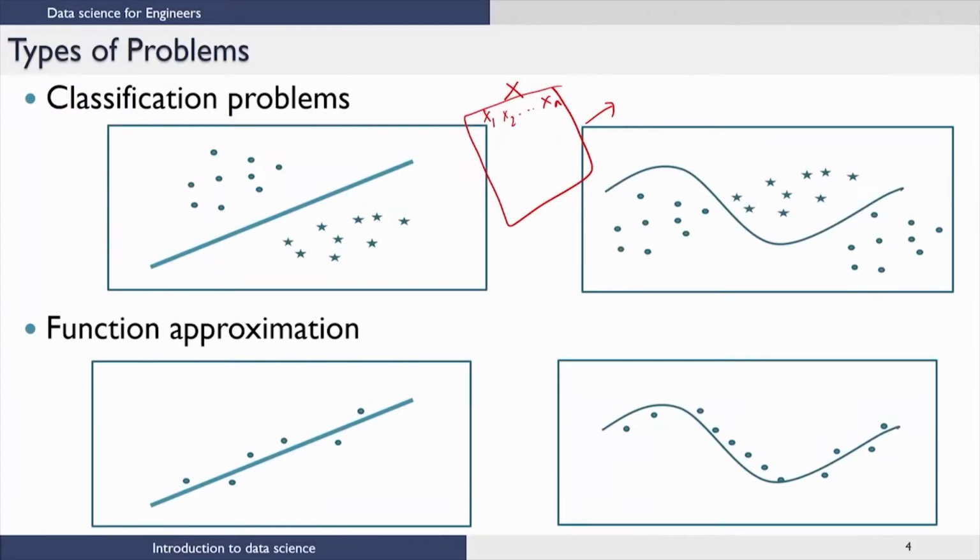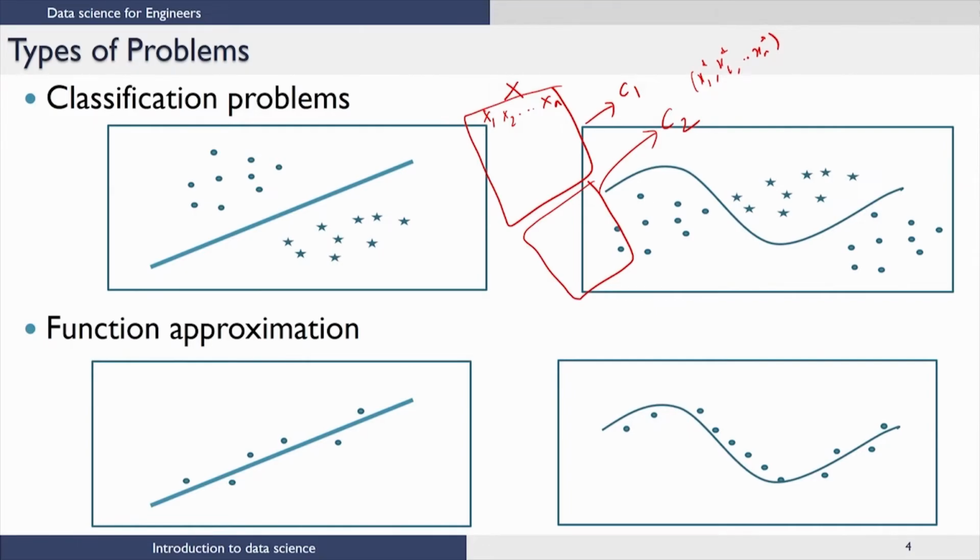assigned a label, let us say C1, and I will explain why I use the term C. C refers to the class to which this data belongs. And then another block of data with the same attributes may be labeled as C2. So, now the data science problem is the following. If I give you a new data point, let us say x1 star, x2 star all the way up to xn star,